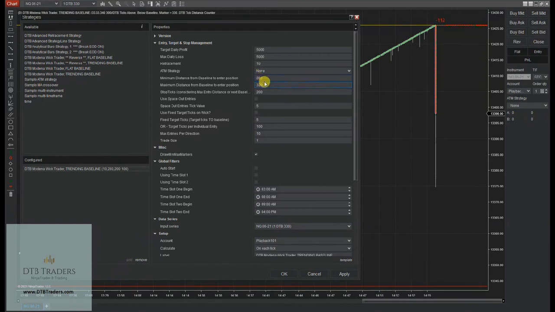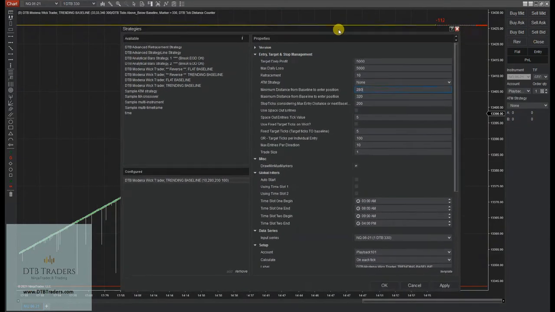So if you want to target 40 ticks of the baseline, or of the wick should I say, then it will only enter positions after 280 ticks have passed, and it will not enter any positions beyond the 320 tick marker. So in this way you can actually target very specific sections of the candle, and then by doing that